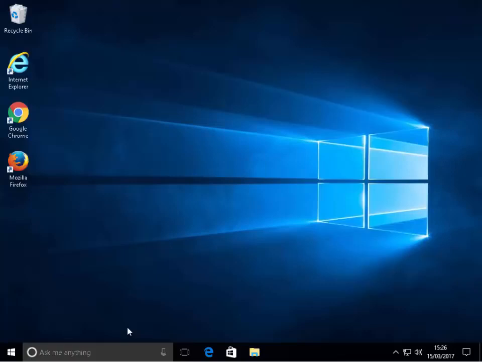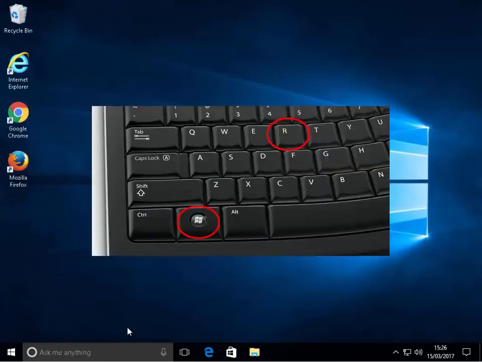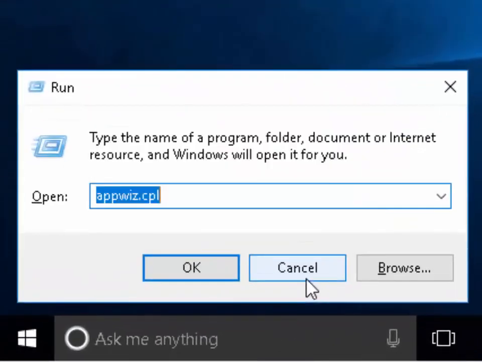So first of all, we need to download Brave browser. To do this, hold down the Windows key. The Windows key is on the bottom row of keys on your keyboard between the CTRL and the ALT key. Now press the letter R, R for Romeo. Delete out whatever's in the run box and then type